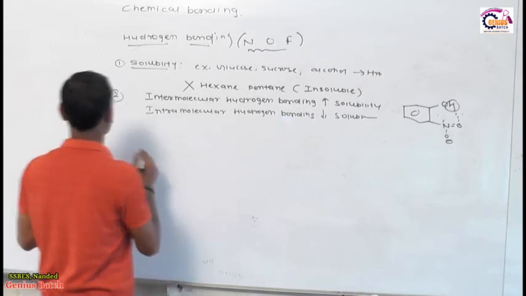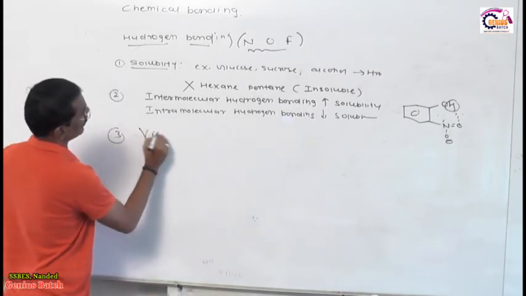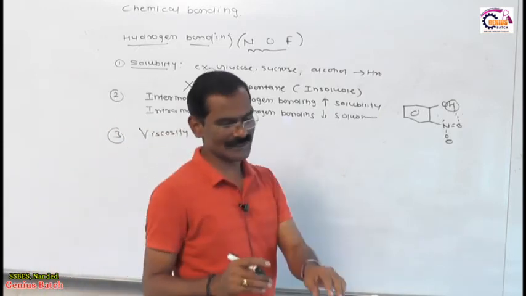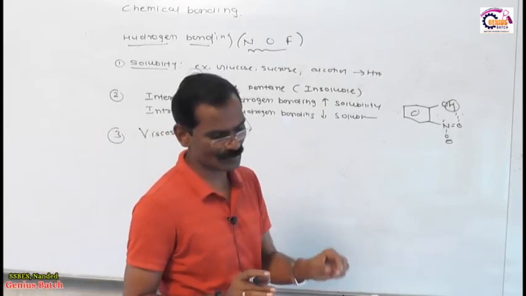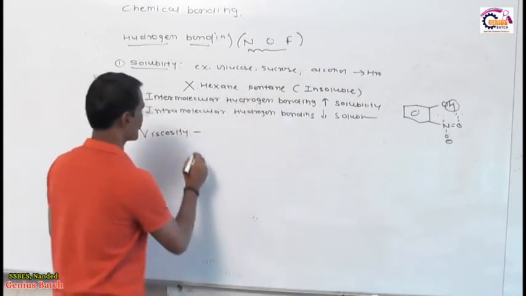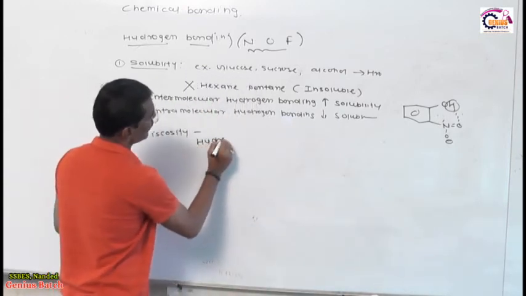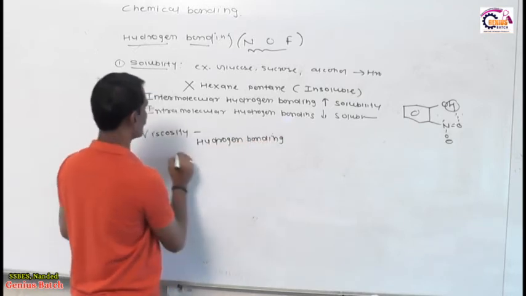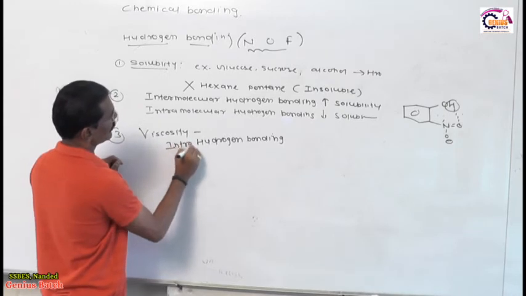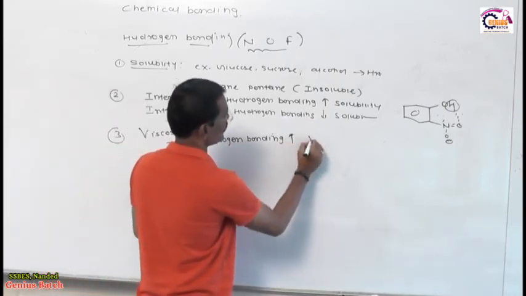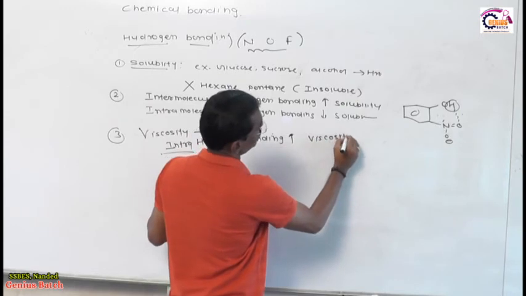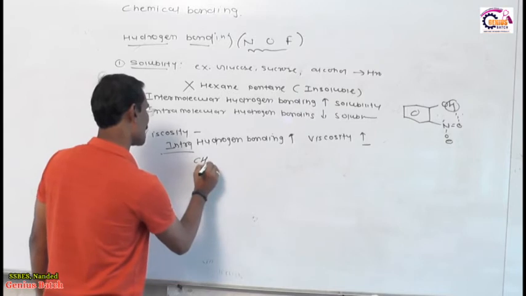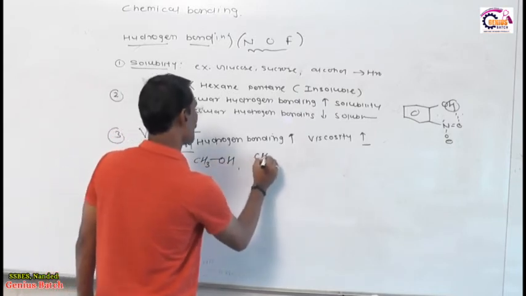The next point, the third point, is viscosity. Viscosity, dear friends. As hydrogen bonding increases, hydrogen bonds associate molecules together, so viscosity increases. It means that as hydrogen bonding increases, कौन सी hydrogen bonding? Intermolecular hydrogen bonding increases, their viscosity also increases. Suppose for example I have CH3OH,